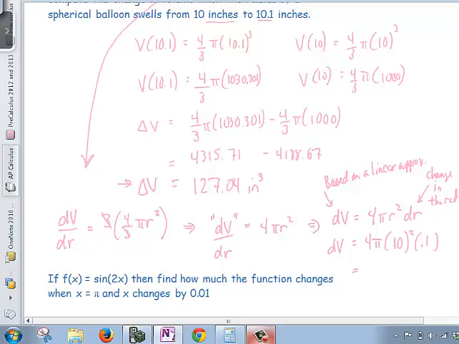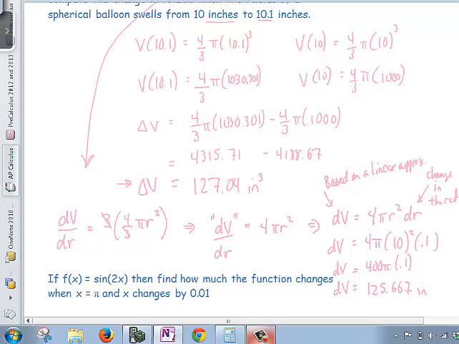Now, when I calculate this out, the volume change is equal to 400 pi times 0.1, because 10 squared is 100, which when multiplied out gives 125.667